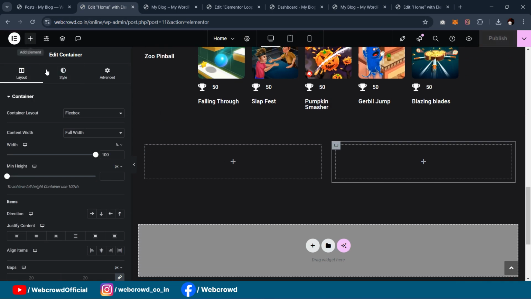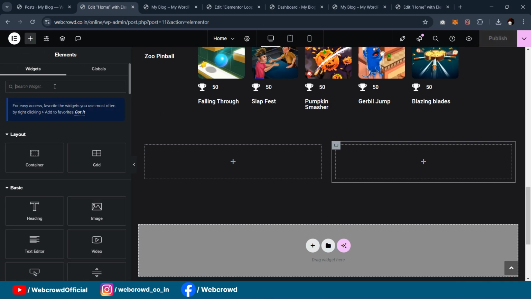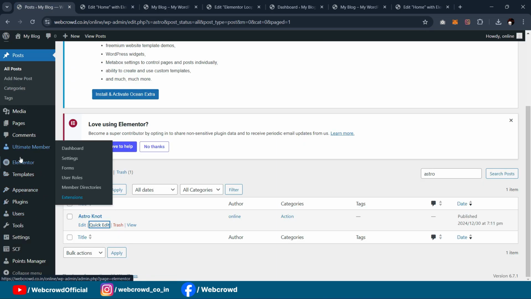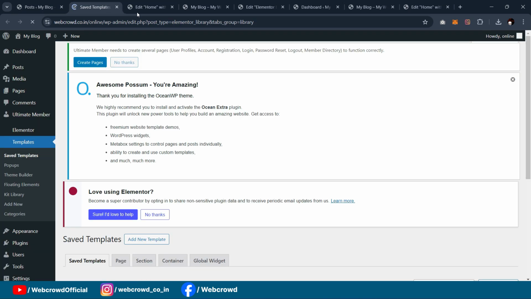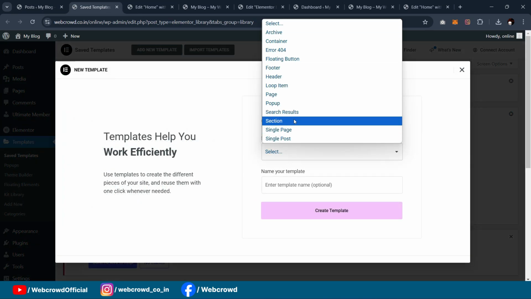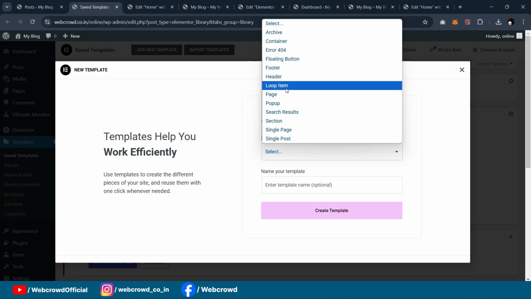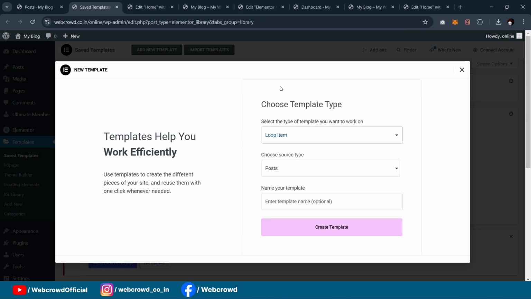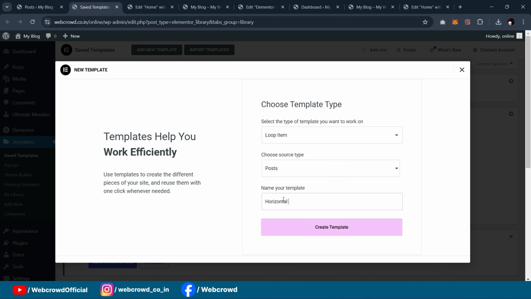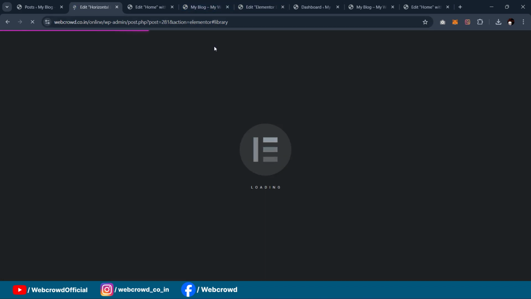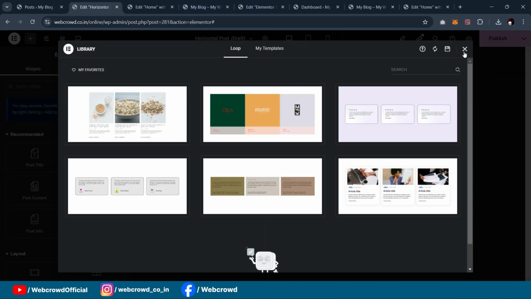Publish this and search for, we will create this separately. So go to dashboard, and from there under this template go to saved templates and click on add new template. So here I will create here loop item. Okay, so I will set its name to horizontal post. Create. Okay,